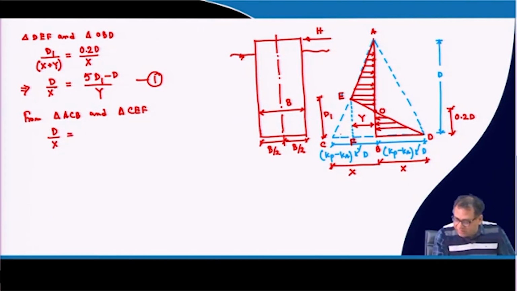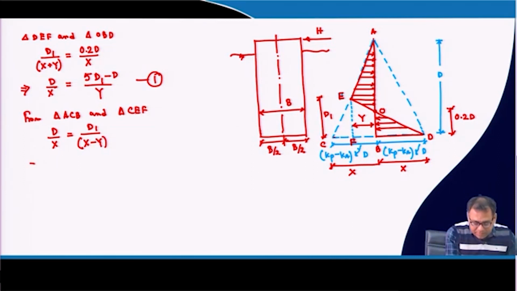So, that will be this distance. If this is x, this one is y, so this will definitely be x minus y. That will be d1, because this height is d1 and this distance will be x minus y. And then if I simplify this equation, it will be d by x is equal to d minus